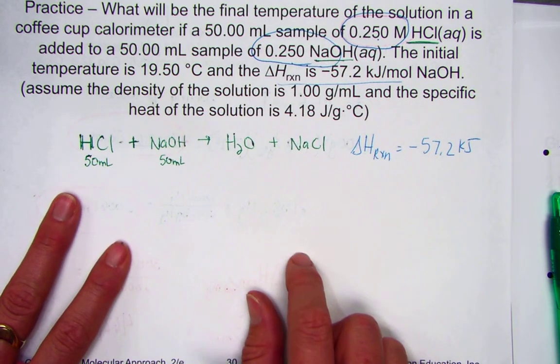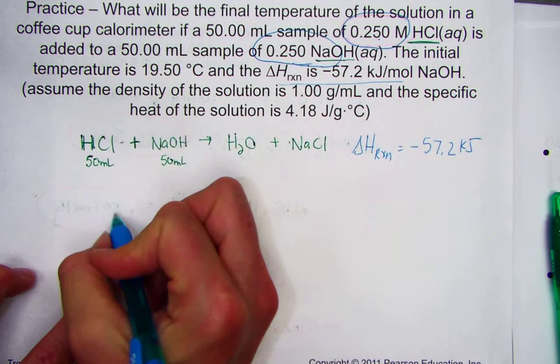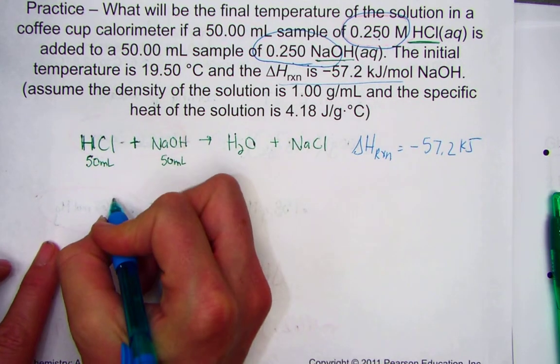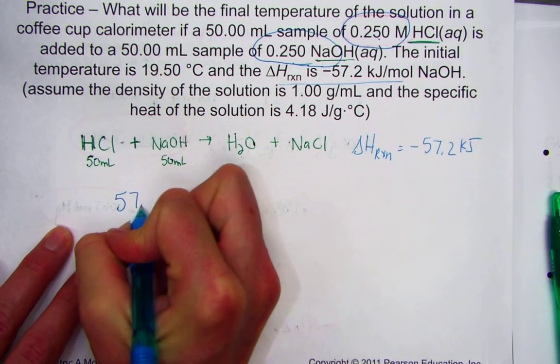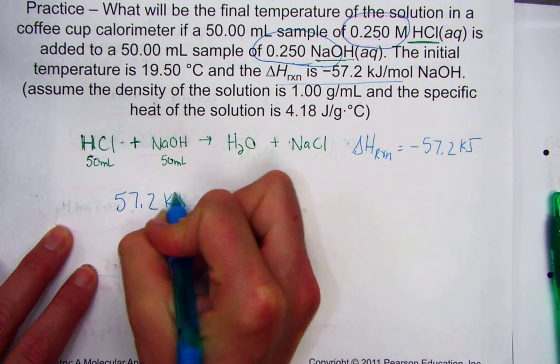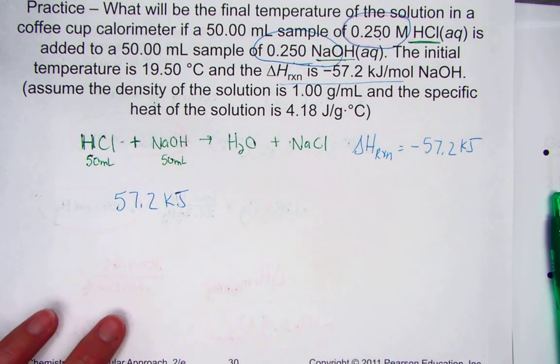We'd like to know the final temperature of the solution. Well, here's what we know. We know the delta H for this reaction is 57.2 kilojoules. I need to write that in terms of joules of energy, so my MC